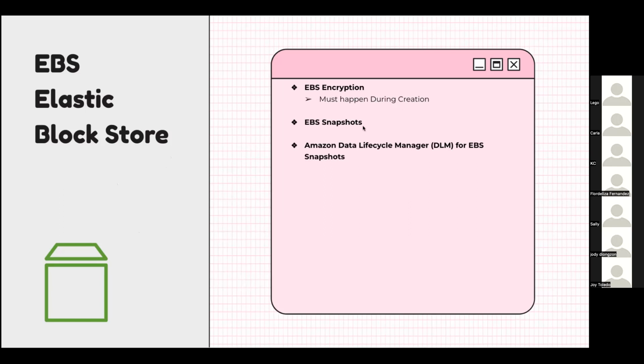Okay, we already mentioned EBS snapshots. By default you have incremental snapshots. But lately, they released a full snapshot option as well, if you want to do full snapshots. Now, remember these snapshots are backups. They do take up space, no? And potentially there's a cost for you. So you can have a lifecycle manager, Amazon Data Lifecycle Manager, to manage your EBS snapshots so that after a certain time, when they're no longer used, they can be deleted. Okay, so